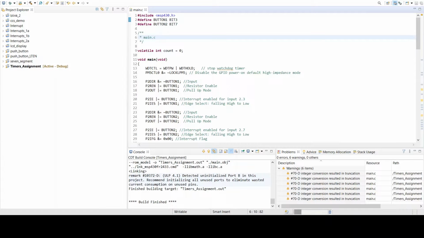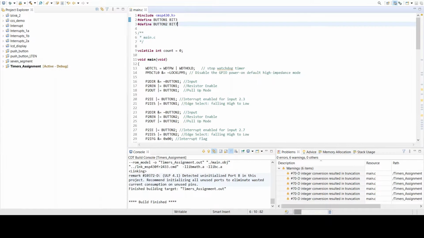So, using button 1, we are going to first see what frequency we need to set. Let's say I press the button twice, so I need a frequency of 2 megahertz. And if I press the button thrice, I'll need a frequency of 3 megahertz. And we are going to do it for 1, 2, and 3 megahertz.